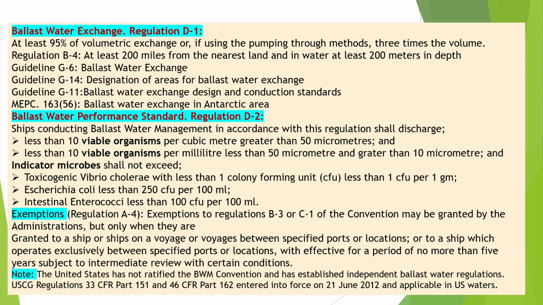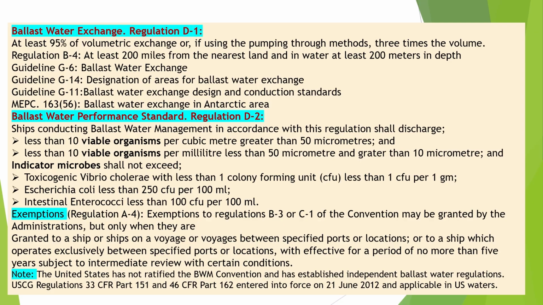Ballast Water Performance Standard. Regulation D2. Ships conducting ballast water management in accordance with this regulation shall discharge less than 10 viable organisms per cubic meter greater than 50 micrometers, and less than 10 viable organisms per milliliter less than 50 micrometers and greater than 10 micrometers, and indicator microbes shall not exceed: